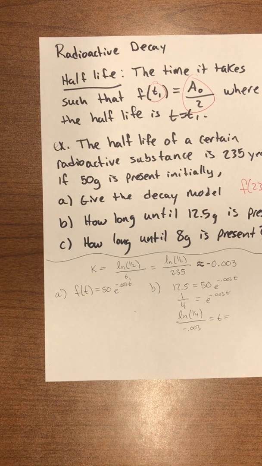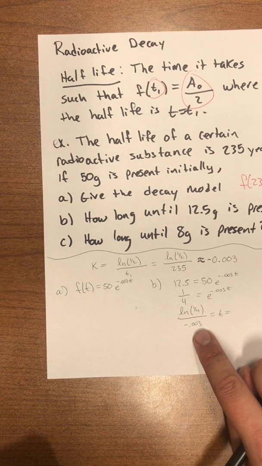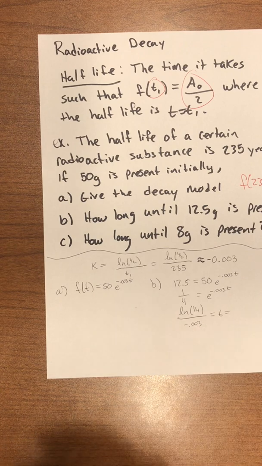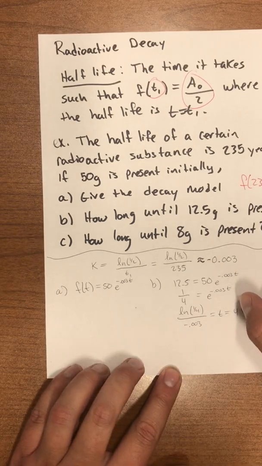And so when we do the natural log of 1/4 and divide that by negative 0.003, since this is an approximation, I'm getting approximately 462 years, but the answer is exactly